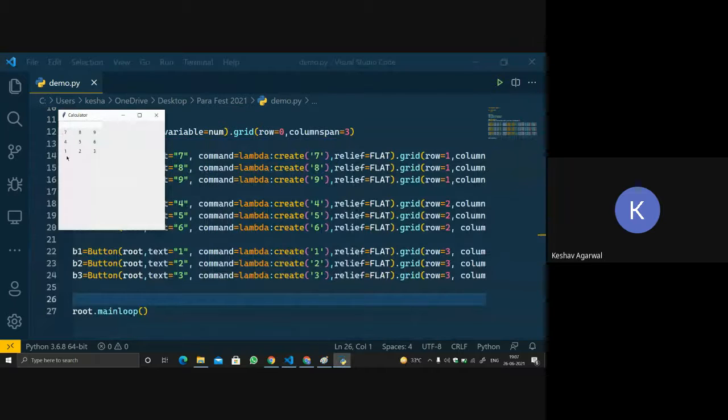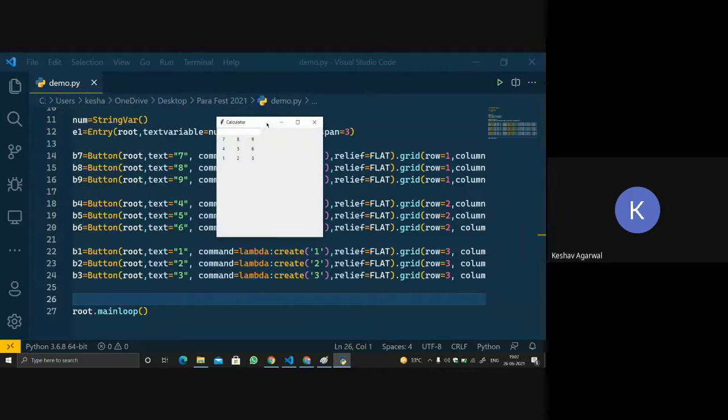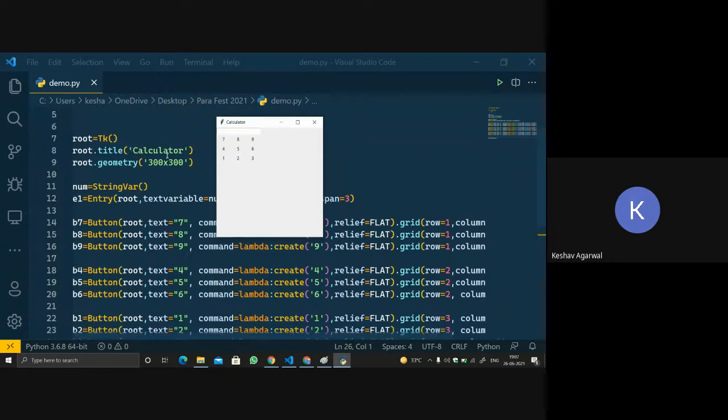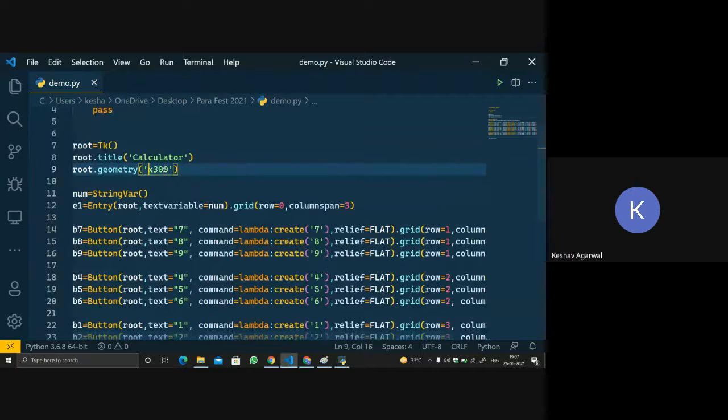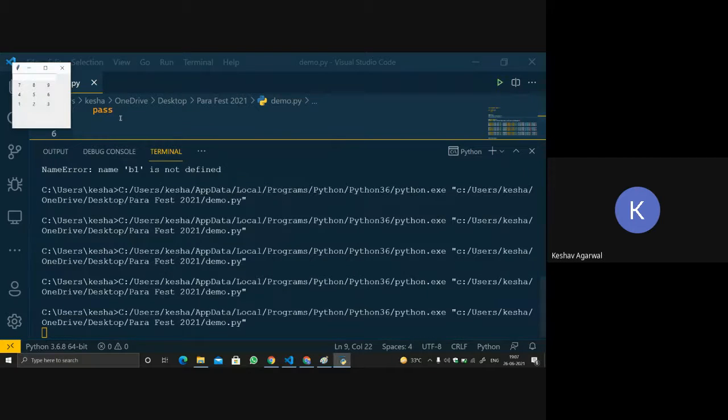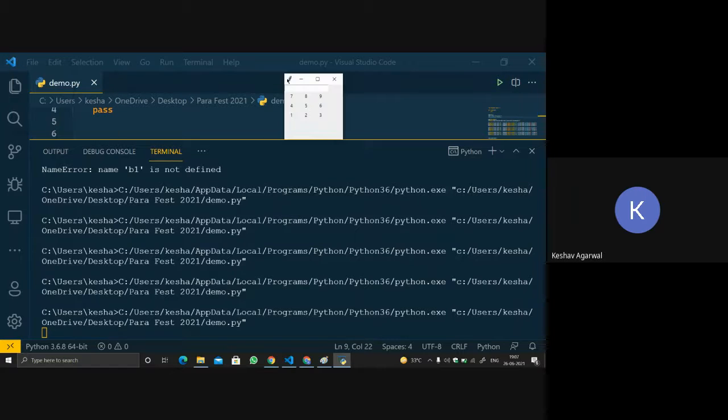We have done 7, 8, 9, 5, 4, 6. Since the size is too much, it's too big. So let's do one thing. Let's make the size smaller. Let's do 165 and 150, I guess, and then run the code again, because the other parts are too large for the program. Okay, I think this is a good size. Let's keep it 165 and 150, and if there are any changes, then we will do it.